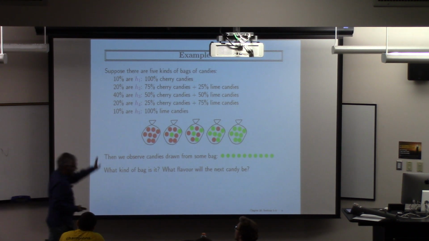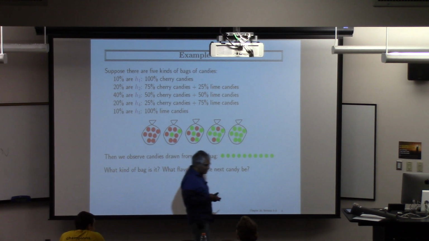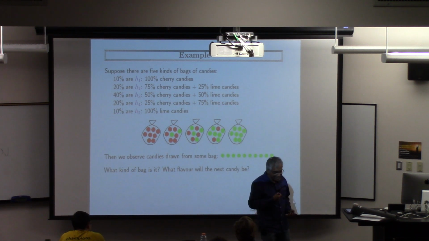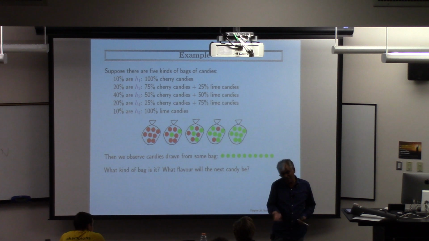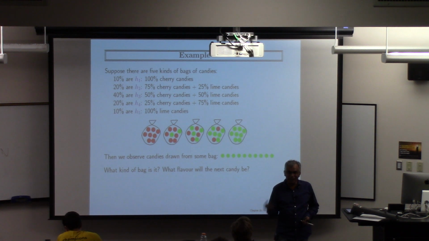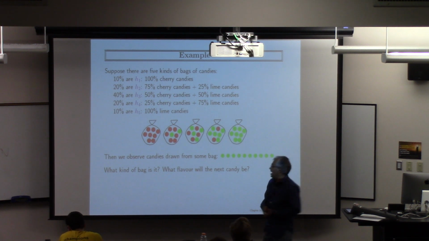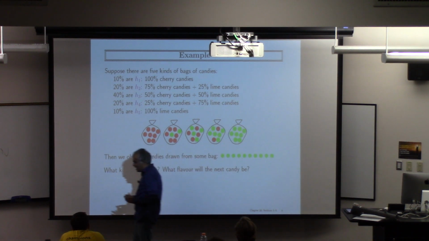Now, if I didn't tell you anything, you can just take the bag and keep looking at the candies and then eventually say, well, after seeing all the candies, I know what percentage are lime and what percentage are cherries. The question is, how quickly can you get to that? So, I'll tell you, just like in the case of